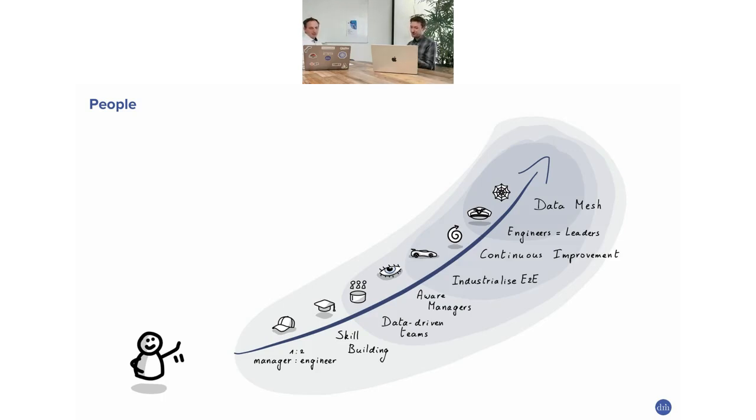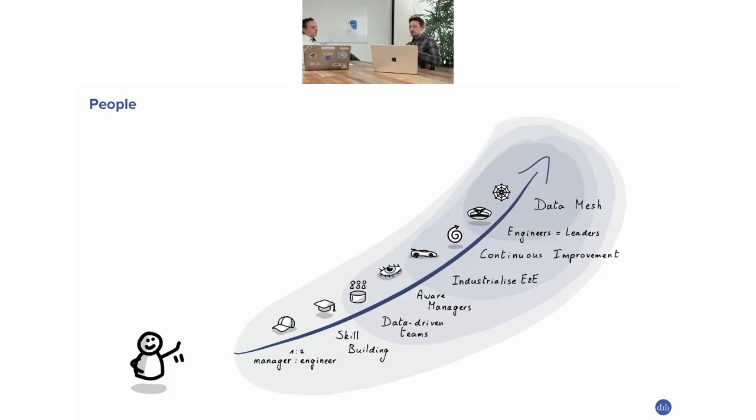Indeed. So it's important, according to us, to have the right technical skills in a team as well, so that you can move forward fast, and also to invest in skill building, so that you make sure, as we just said, you have the teams with the right skills. It's not about the individual with all the skills. No, it's about the combination you put together to deliver something and to own it.